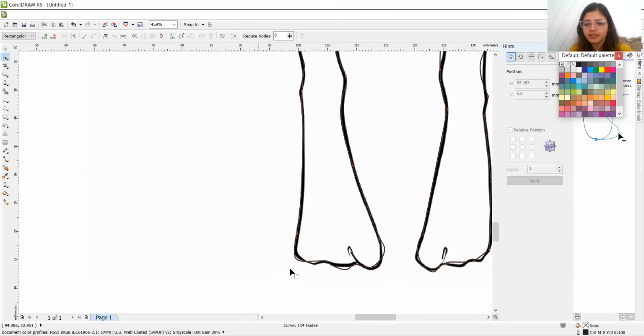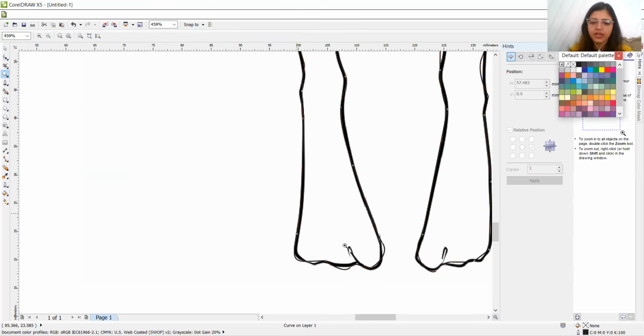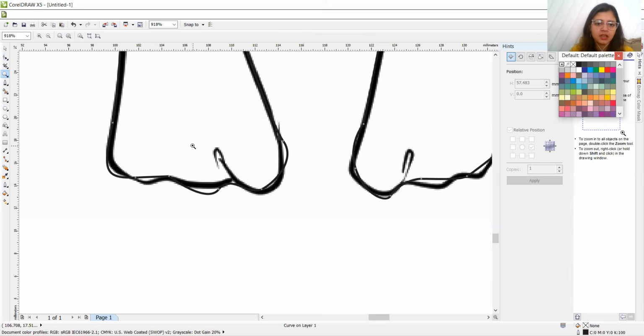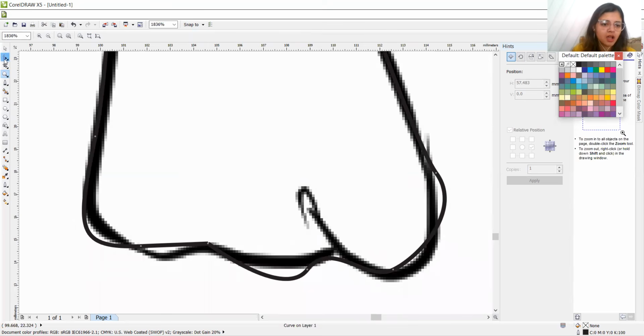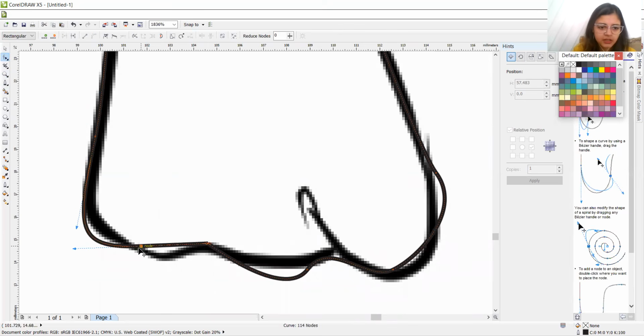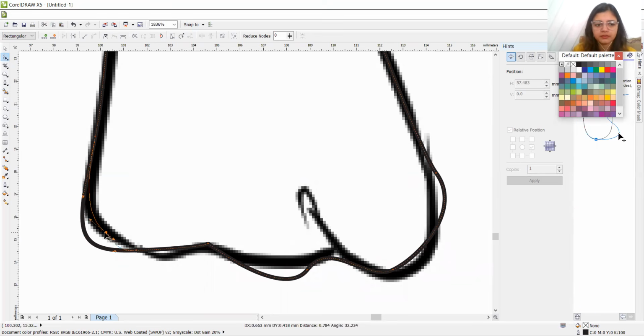And now here you can see this is a lot disfigured over here. So we have to cross check again, zoom in as much as you can, and select the notch here, add a notch here, and give shape.